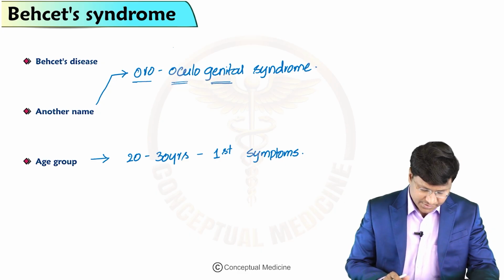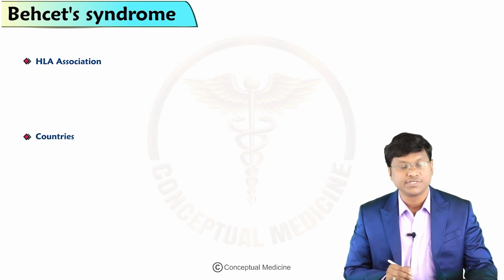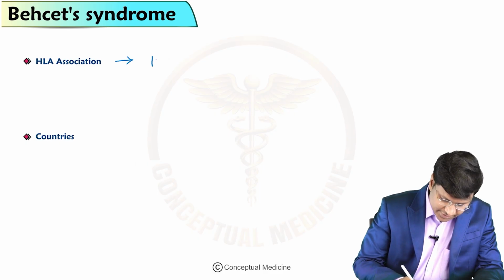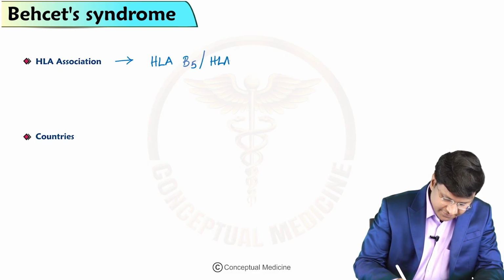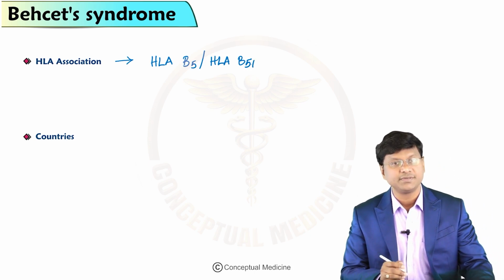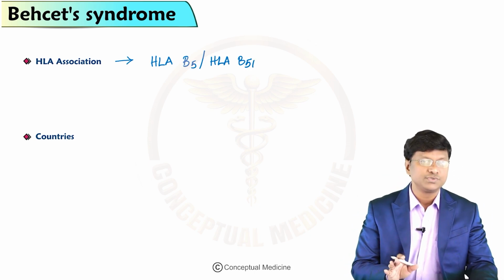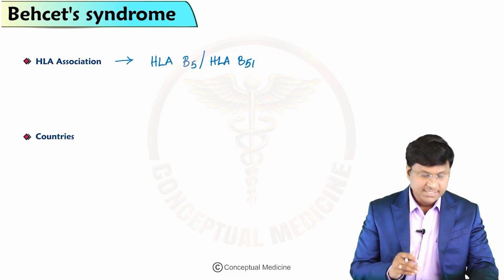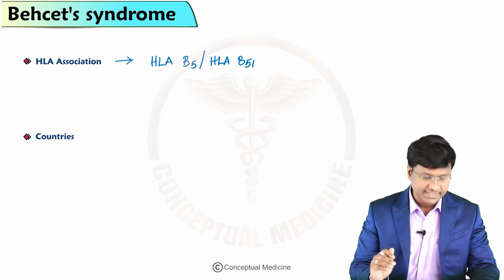Now, another point is, what is the HLA association in Behcet syndrome? This is a very important question. The HLA association in Behcet's is HLA-B5 or HLA-B51. This is the HLA association that you will have in patients with Behcet's. So, those individuals who have the genetic HLA-B51 or B5 are more prone to the development of this